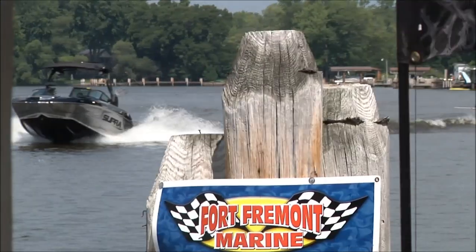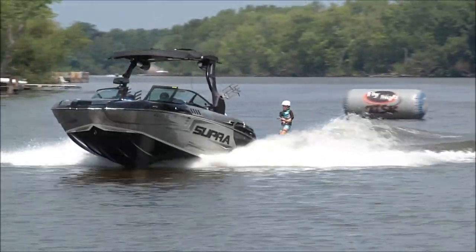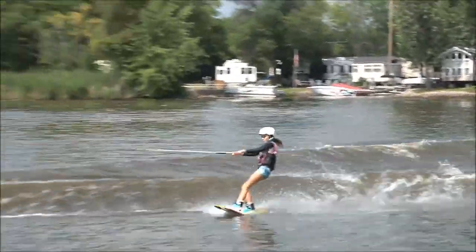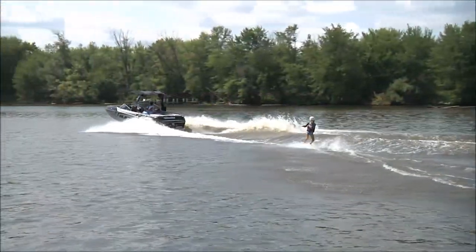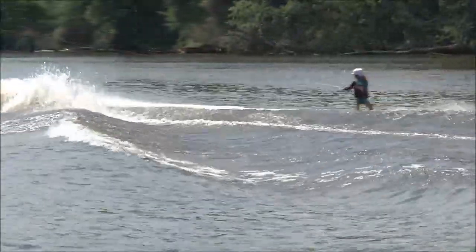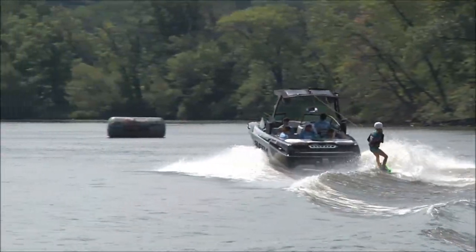For her first pass and starting it off strong with some nice heel side 180s, one wake. And she's coming back out, and she's going to be coming back in on her heels for a big wake-to-wake heel side jump. Good job, Grace. She's coming back in on her toes for a toe side 180. And she just did a nice board slide 180 across the wake, and she's coming back in and carving around,